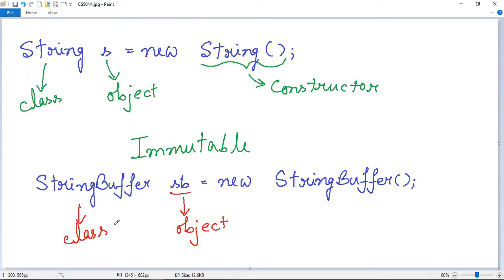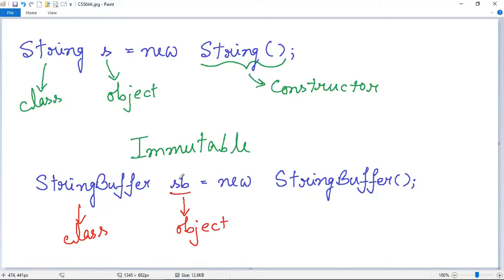That means the contents of these objects can be changed once they are created, unlike the string class objects. Like here we have already told that once this object is created using this statement, you cannot change the contents that comprise this string object. But here in this statement, you can see that the object has been created by instantiating the string buffer class.